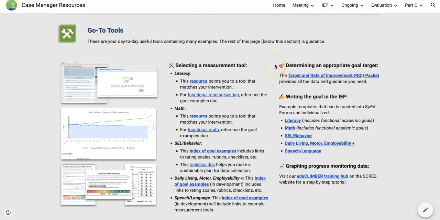So if you're kind of thinking that you need to write a literacy goal, well, how do you know exactly where the student should be performing? And how do you use some objective information instead of just, well, I think, maybe we should be here? We do have some objective information that you can reference to determine the target of where you want the student to be performing. And that's actually a different section of this course, this particular module of the IEP development course. I'm not going to go in depth in that now, but you will be getting it in a future section